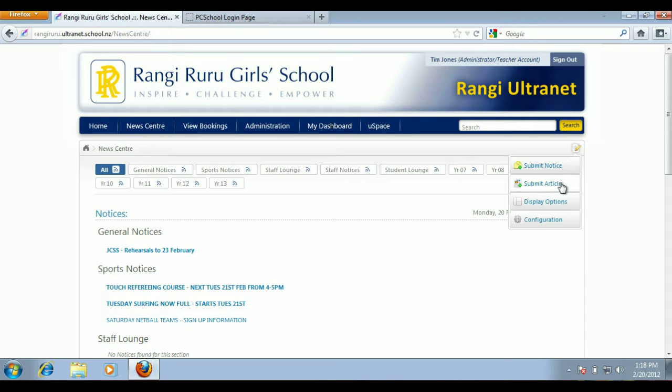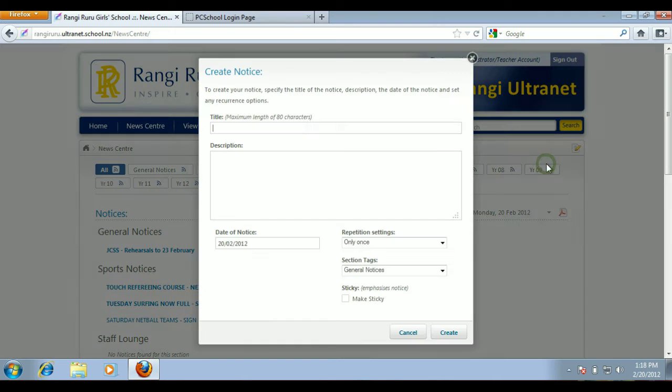An article is actually more of a news story, so it's reporting on something that's already happened. So for the main, what we've actually been putting into staff news is actually notices. It's about things that are going to happen. So select the submit notice option,